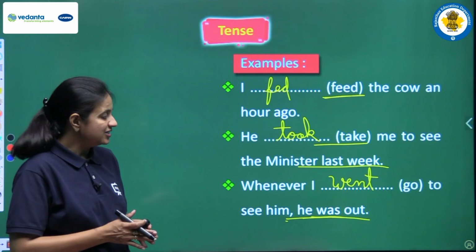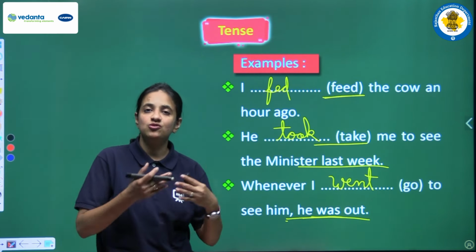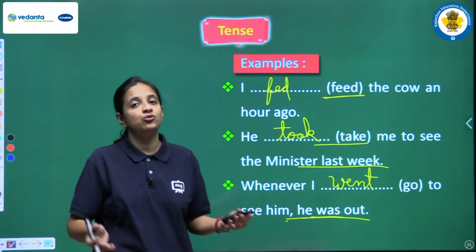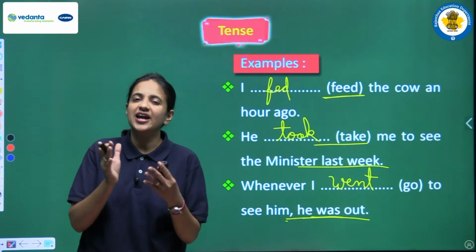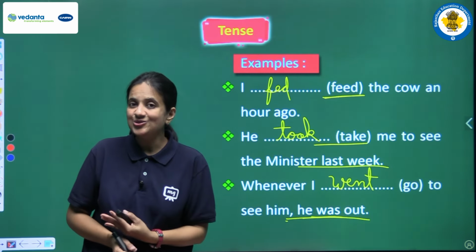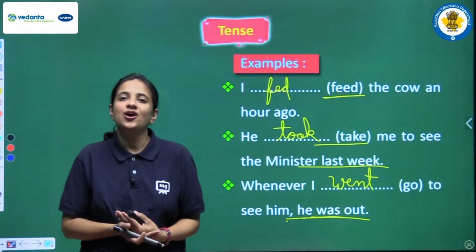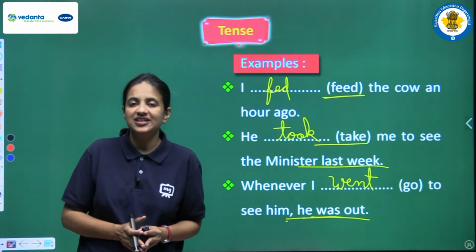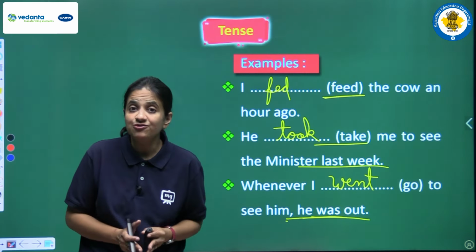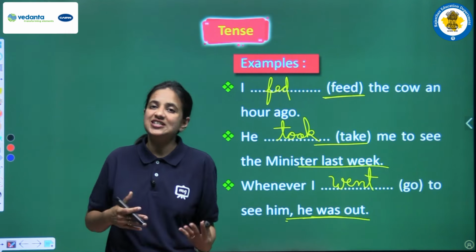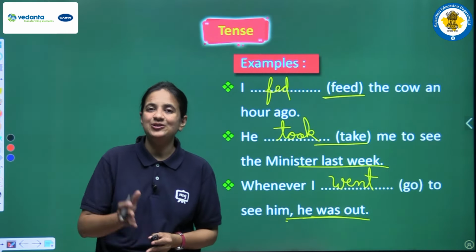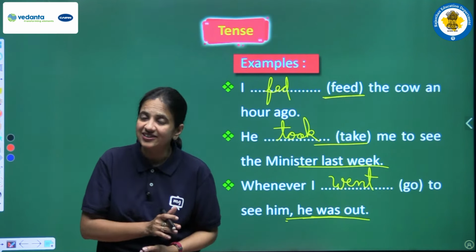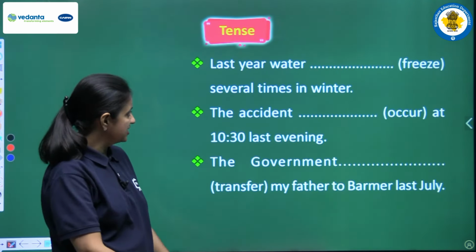Okay, so in this way, step by step you have to solve all such sentences. You have to fill the blanks, you have to complete the sentence. First of all, try to observe what kind of sentence you have, then try to figure out what tense will be there in the sentence, and then if you are aware of all the rules regarding the helping verb and main verb, only then will you finally be able to write the right answer, right? So let's see some more examples.